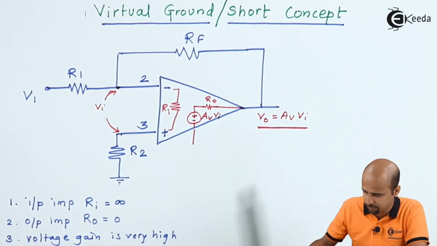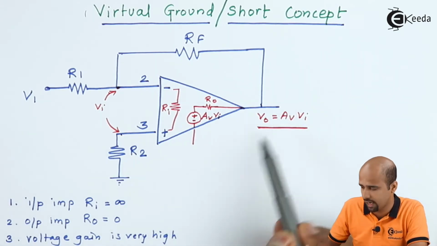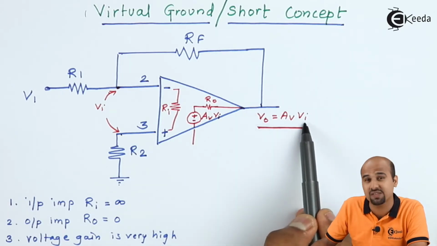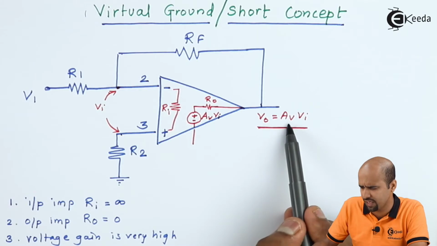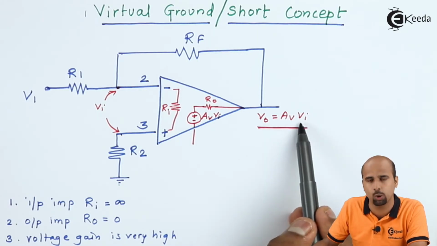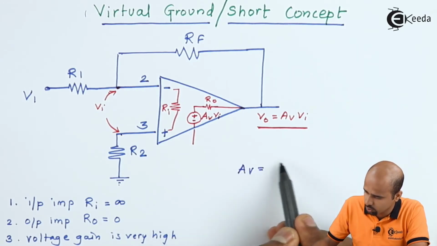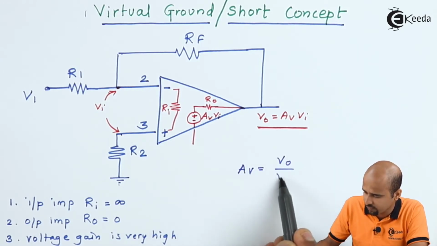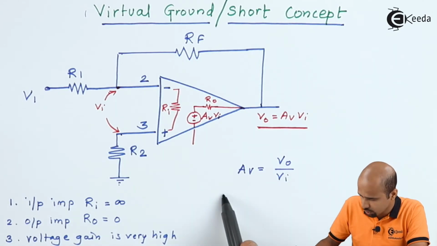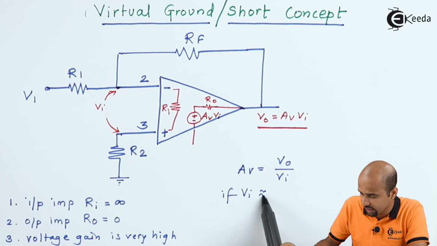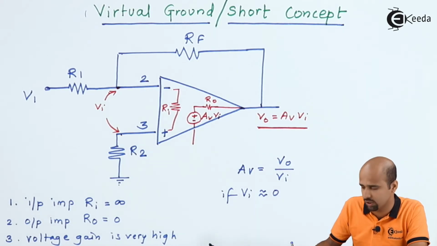If AV is very high, then VI has to be very low, because the value of AV is equal to VO upon VI, right? So if VI is very near to 0, tending towards 0,